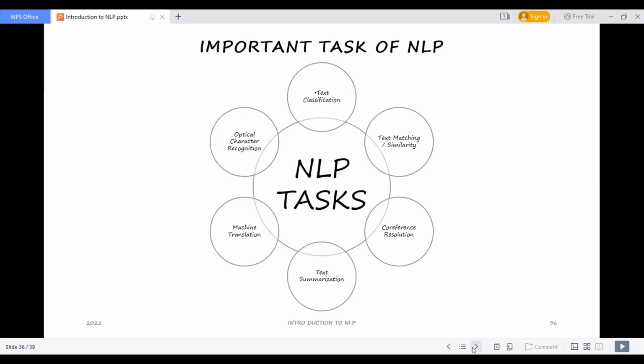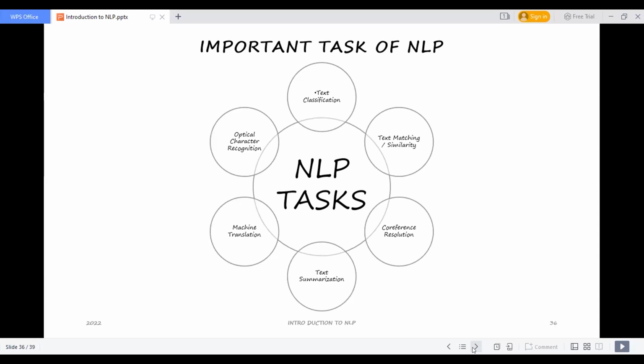Now, text summarization. If I have two big paragraphs, or an article of three pages, and I don't want to read the whole three pages, I need a summary of the whole description in a small way.